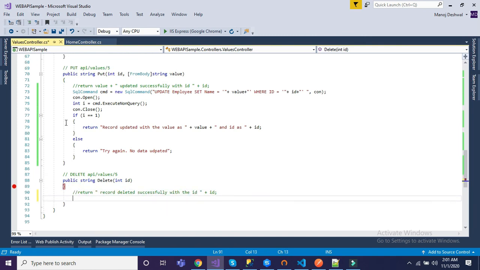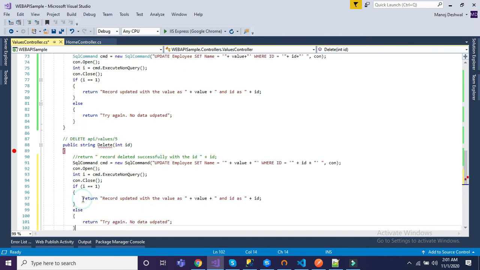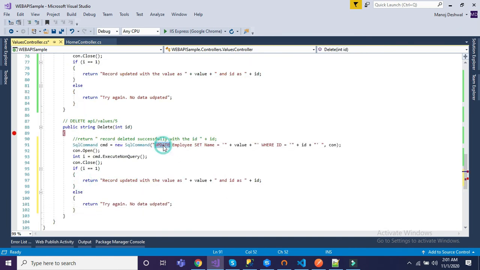Again, let me copy this entire code over here and paste it. All right, so let me change the command. So here we will delete from employee where id is equal to this. So whatever id we pass here, it will go to the table and search.